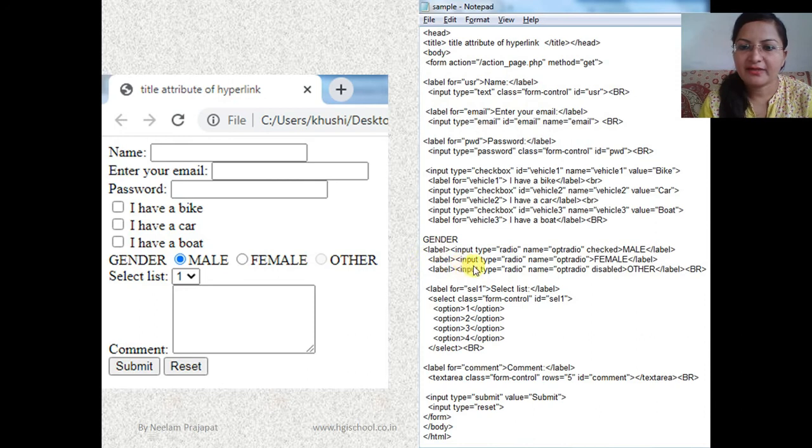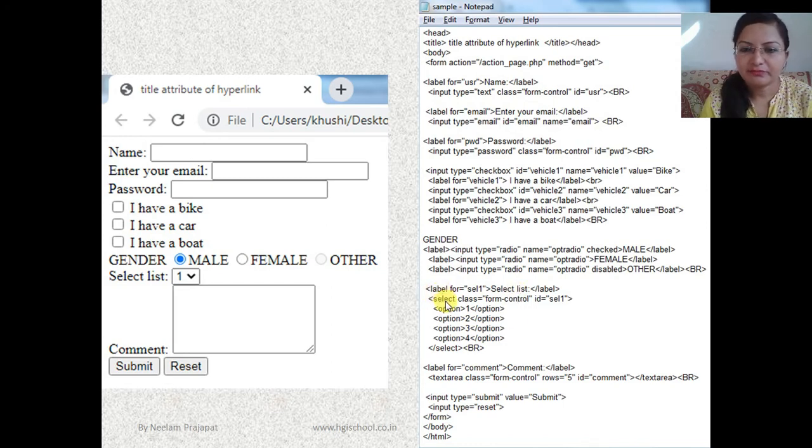Now next is input type radio. That's it. It is unchecked. Simply write input type radio. Then after that, remember the name is also same. Okay, you can choose any name, like you can write gender over here. That's it. And then input type radio. Then here it is written disabled. Okay, it is the attribute disabled to disable the radio button so that nobody can select it.